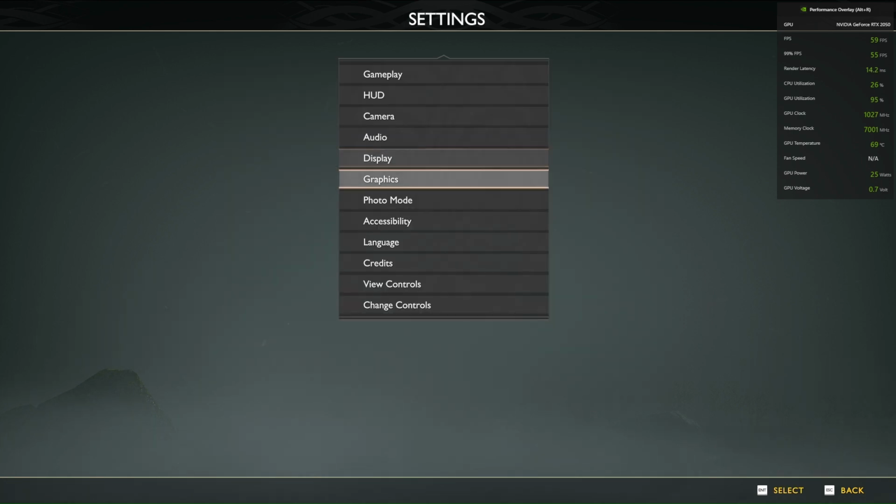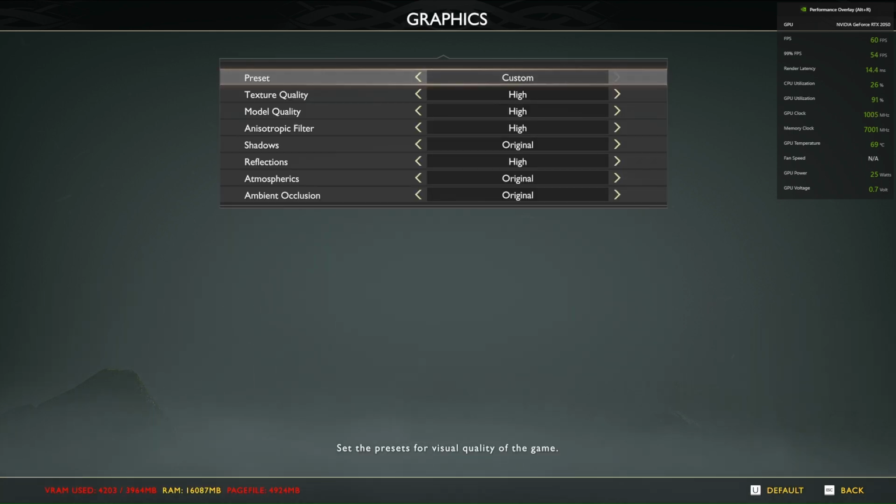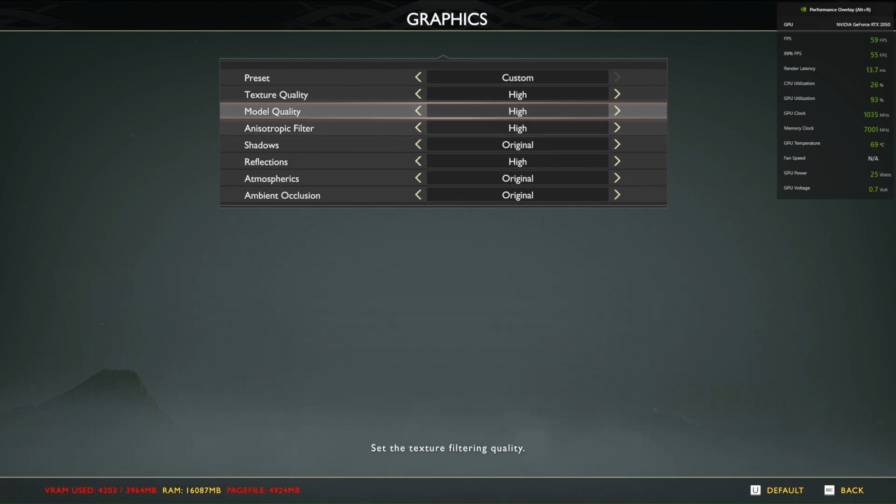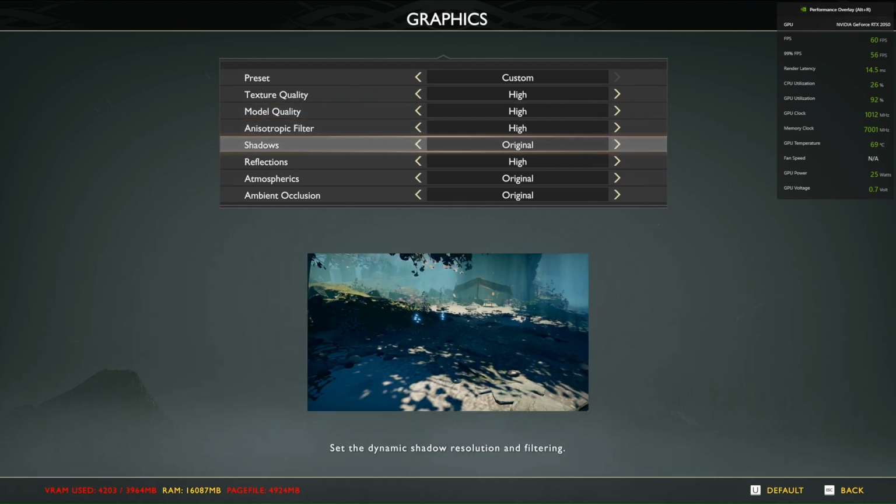Now go back, I'm going to show you graphics. So here these are my custom settings. After doing so much extensive research and testing, I have found that these are literally the optimal settings that will not hamper your visual quality but will give you smoother gameplay. As you saw when I started this video, graphics were very crisp and clear. You could see everything. So just keep texture quality on high, model quality on high, anisotropic filter high, shadows normal,